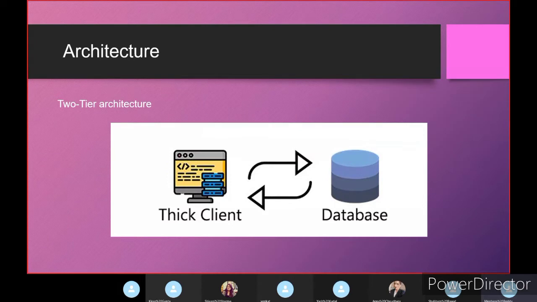For example, imagine an HR application installed on the client computer, and in order to retrieve the employee's information, it communicates directly with the HR database server itself.